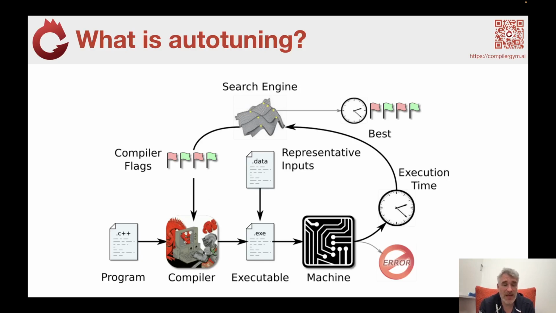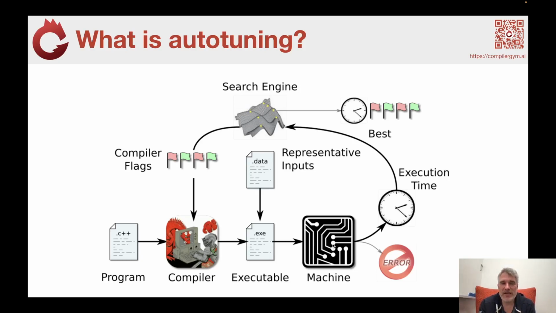Now in the gym at the moment we have LLVM and GCC, both of which to some extent use command line flags. There is also loop tool, which goes deeper inside the compiler and exposes more fine-grained opportunities and decisions to the auto-tuning search. Your compiler produces an executable, or maybe falls over and gives an error, and then you